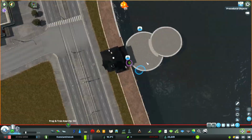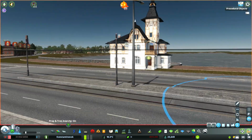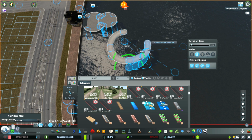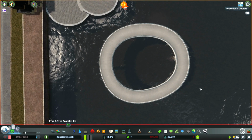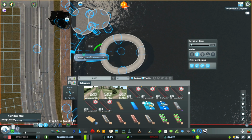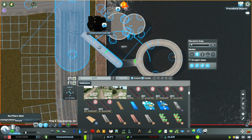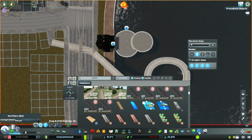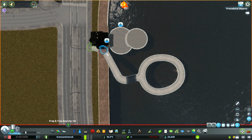Once again, they can be elevated. They're not terrain conforming like a lot of other park life props and things like that, and I added them to these table and chair props so people will actually go and look like they're having a nice tea by the lake. And you'll see I've added this procedural object building by the roadside there, and that's a beer garden